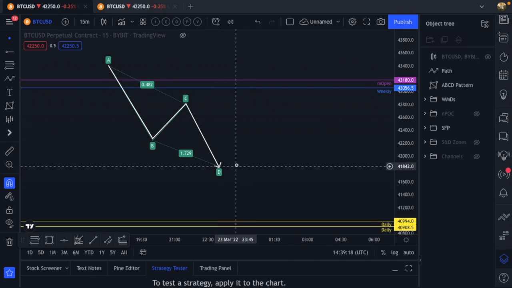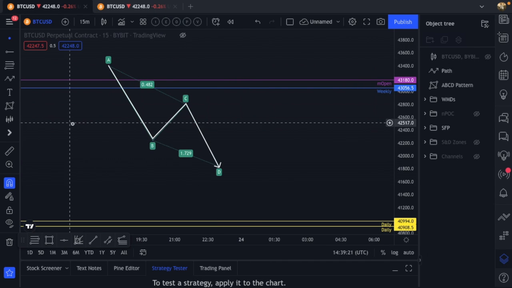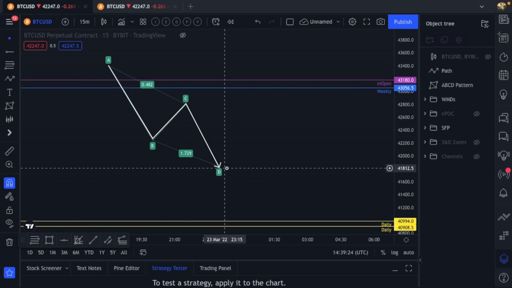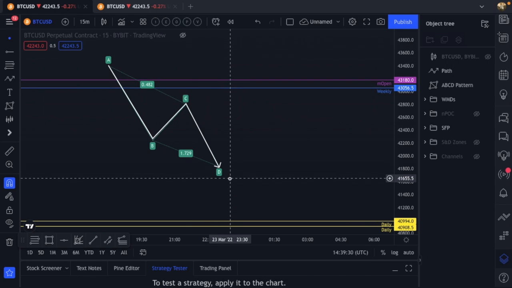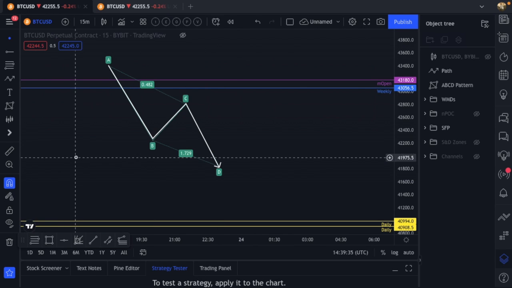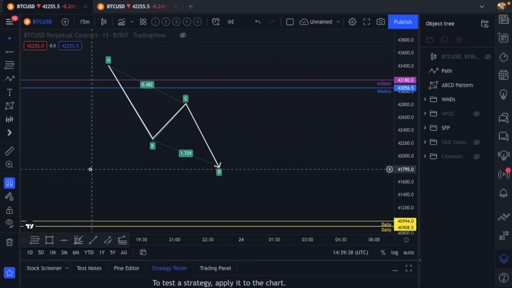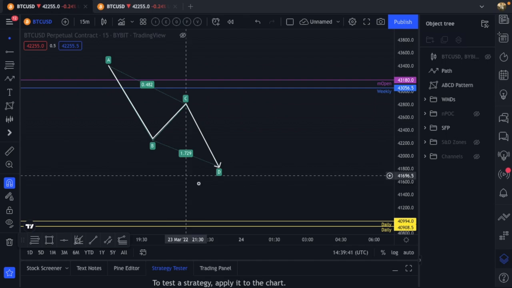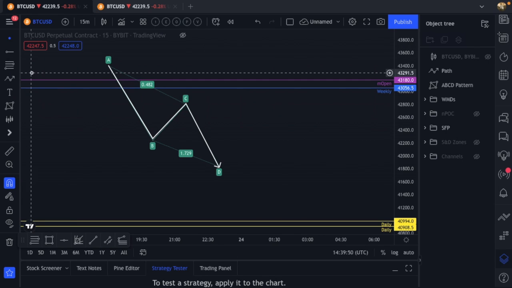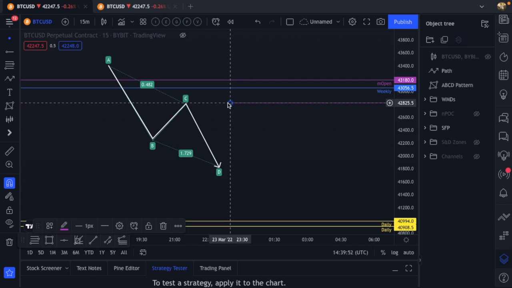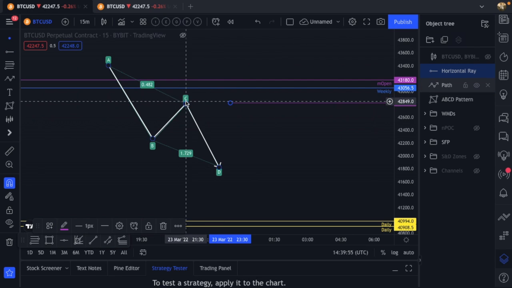So to look for an entry, of course, we need all this confirmation, okay? For stop losses, what happens is we are going to put our stop loss below the potential reversal zone and look for any other market structure that might be behind us to help us find a really ideal level to place a stop. In terms of projections, what I like to do is I will mark out my C level,